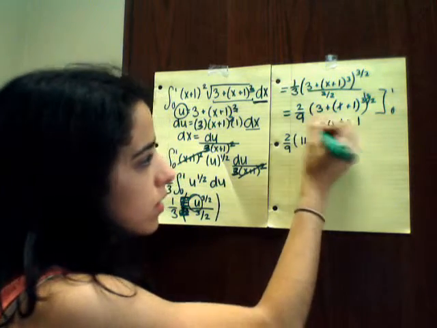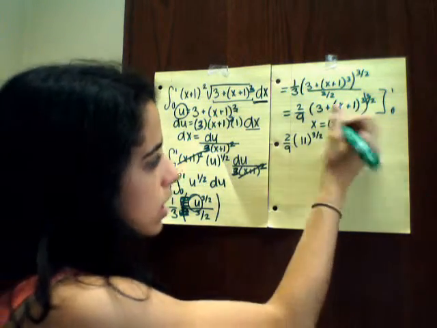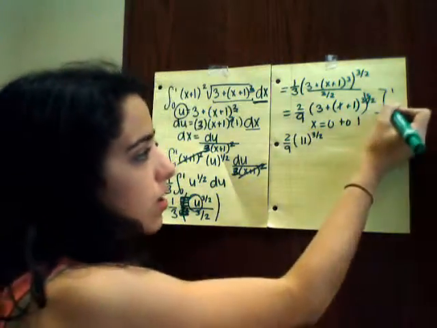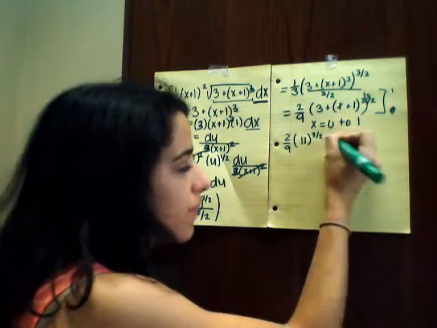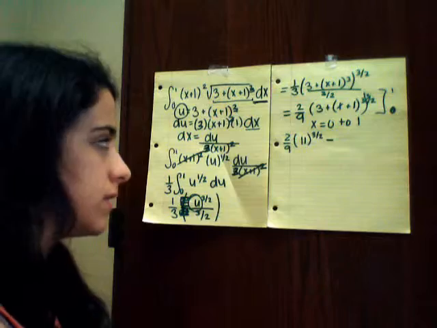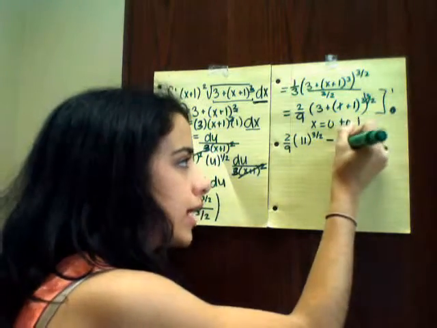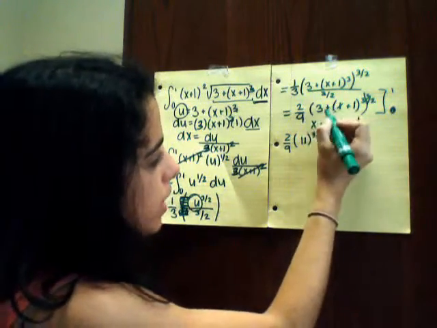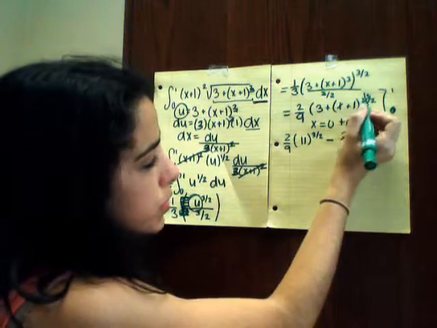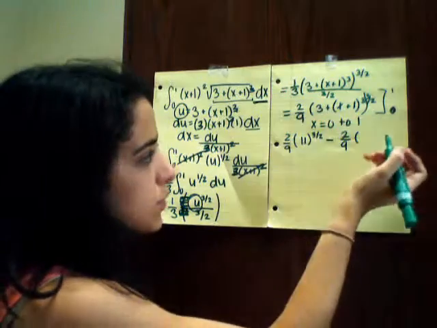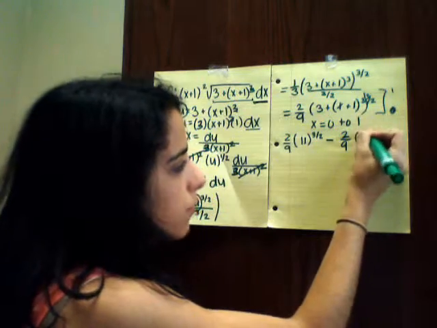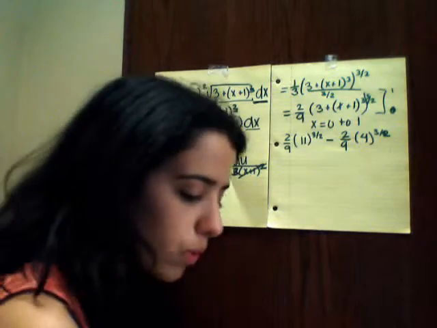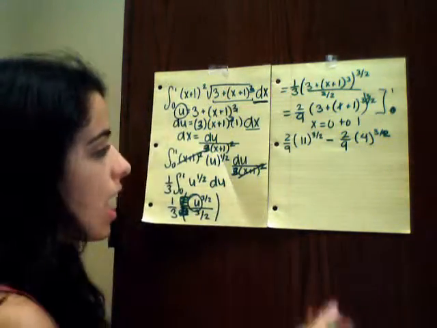7 to the 3/2 minus, exactly, minus, and now we're going to subtract the value of the substitution with 0, which is going to leave us with 2/9 times, well, we substitute here, so we have 0 plus 1 squared is 1, plus 3 is 4, 4 to the 3/2, sorry, excuse me. And so once we have this, we can finally simplify, and we're going to be left with